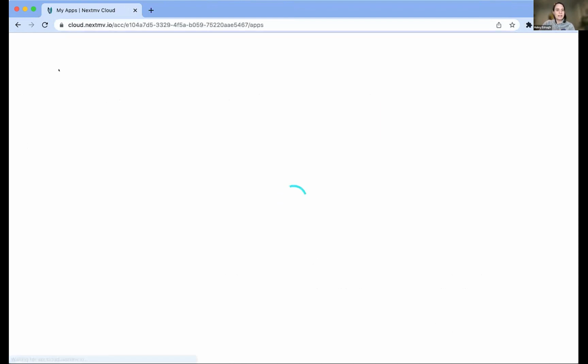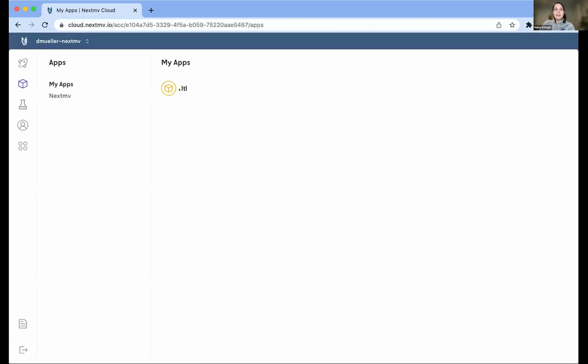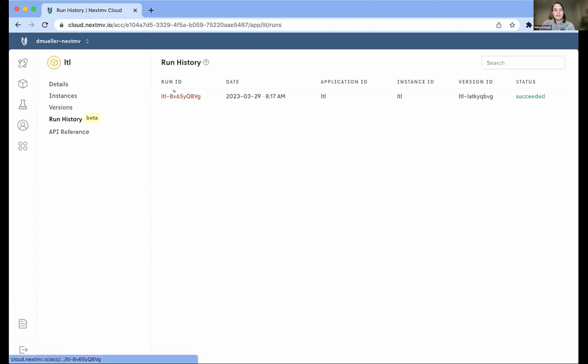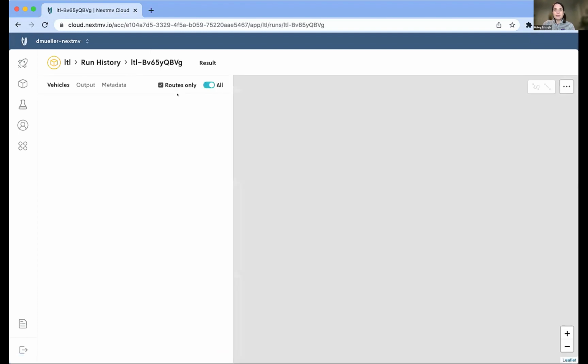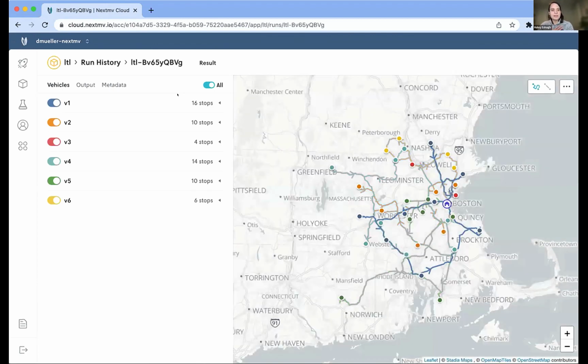So if I move over to Daniel's team here, you can now see that I can see his LTL application that he created. If I were to click in here, I can go in and see the run history associated with the app that he just created as well. So I think this ends up becoming a really powerful tool, especially if this were a scenario in which I was an operator and I wanted to collaborate with Daniel on addressing feedback that we were potentially getting from the field. Either